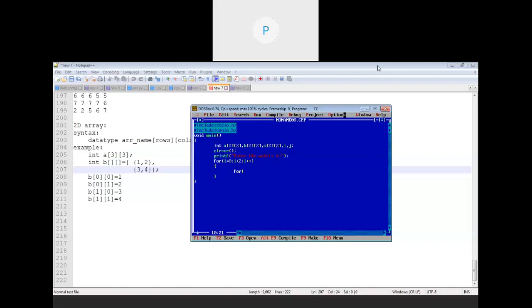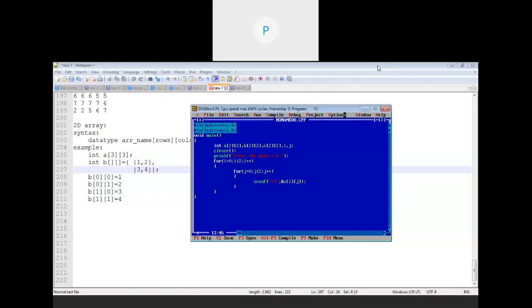So for i start with 0, i is less than 2, i plus plus. Within the bracket, j starts with 0, j is less than 2, and j plus plus. As we are accepting the matrix, scanf %d, comma, ampersand a of i, j.